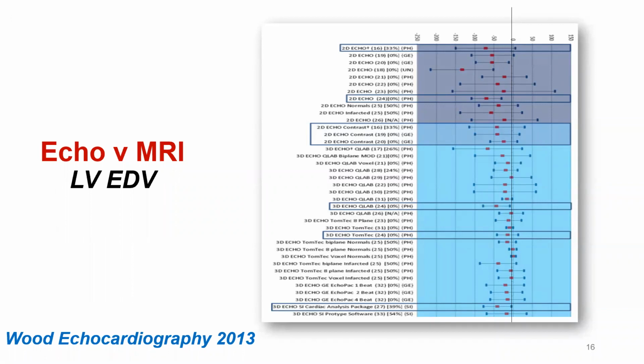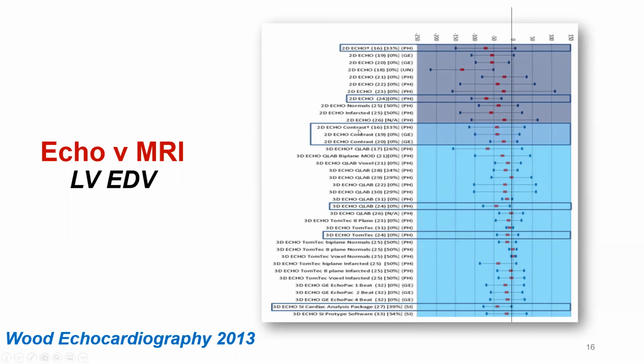Now, a number of studies have looked at left ventricular volumes by two-dimensional echocardiography versus cardiac magnetic resonance imaging. These are two-dimensional and even three-dimensional images, and the gold standard here is cardiac MRI. If your values were on the zero line, that would mean that your echocardiographic volumes are exactly what your MRI volumes are. But notice, if we look at